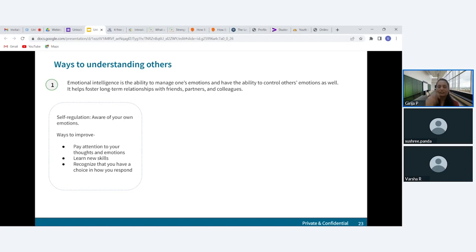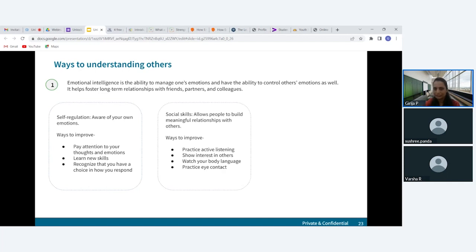It is also very important to recognize what kind of words you're choosing and how you're responding to others. For example, if you're working in a group study and you have an assignment, and one team member missed the deadline, instead of asking that person why they missed it, you can ask, let me know how I can help you so we can meet that deadline together. So choosing the appropriate words can also help you to self regulate. Another way is the